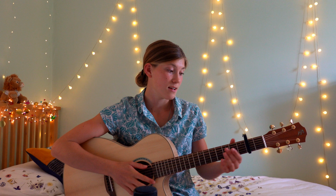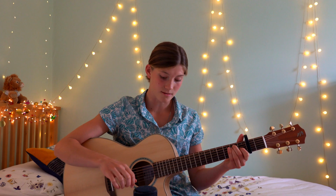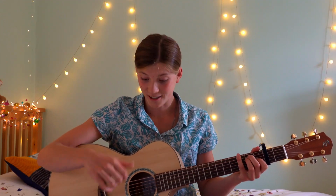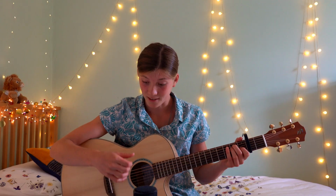It's easier in my opinion, and you're just going to use the skin of your thumb this time, not the nail like the first way, but the thumb, so it'll be a more gentle and softer sound. And you're just going to gently do that, stroke, stroke. Just run your thumb over the guitar and the strings and get that nice sound. And this way you can get a really nice soft rhythm